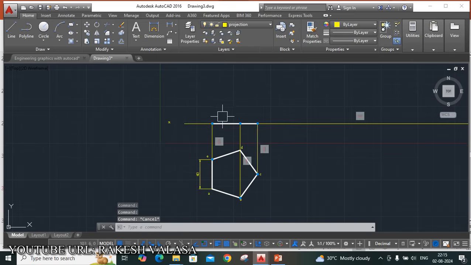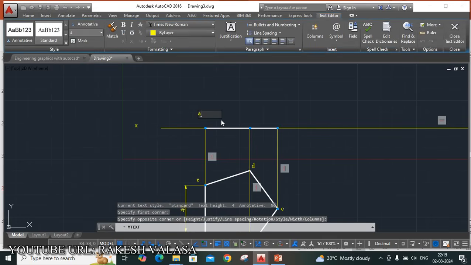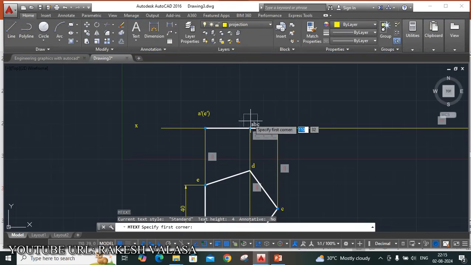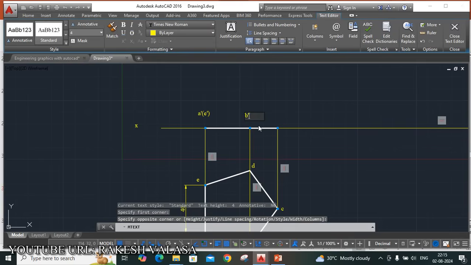Now give the notations. This is A dash of E dash, because A is visible, E dash is invisible. Next give the notation for the second one, this is B dash of D dash.